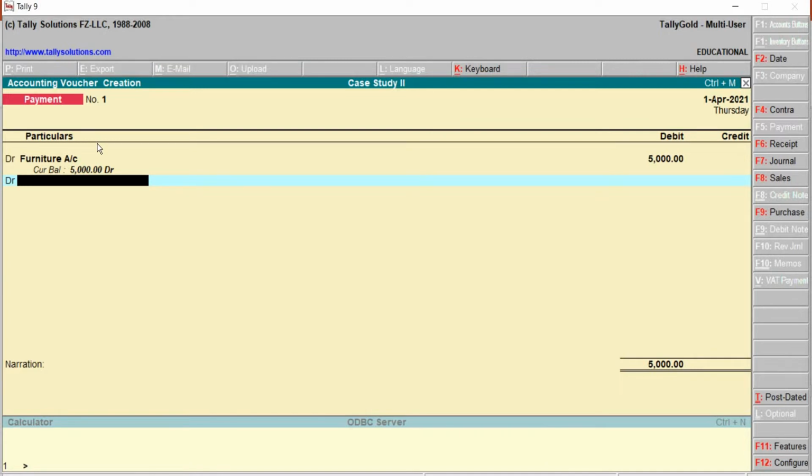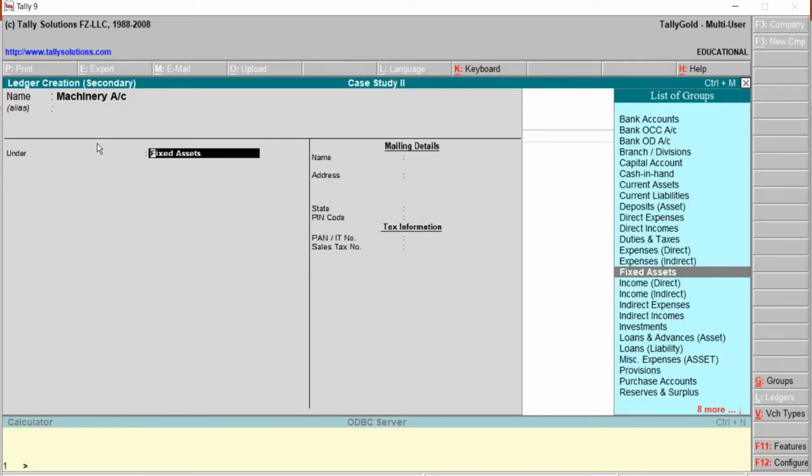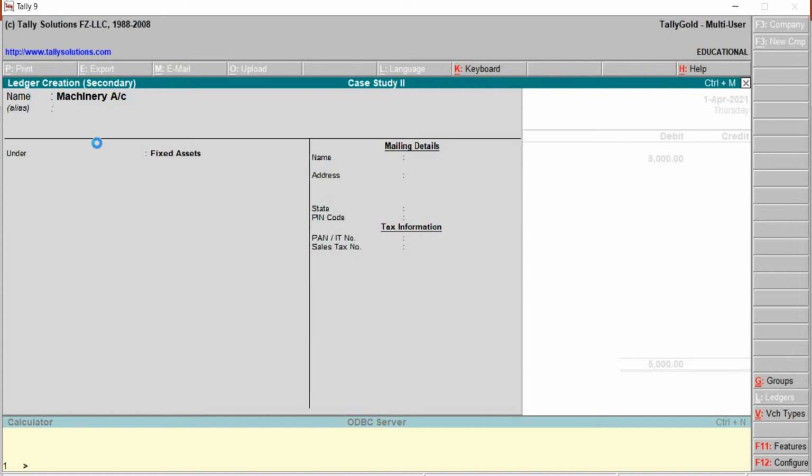Again we have to create here machinery account. Alt C to create. Alias blank, and this also will be allocated under the group fixed assets. Save.